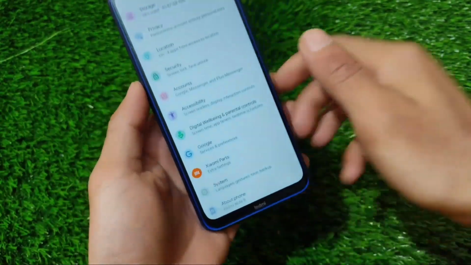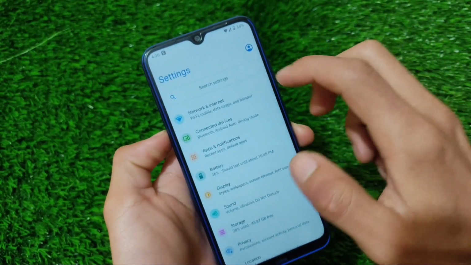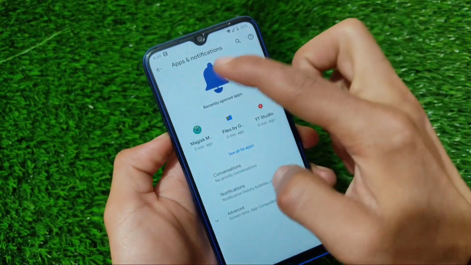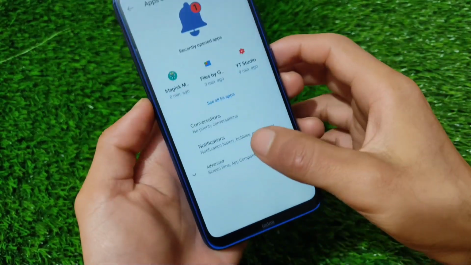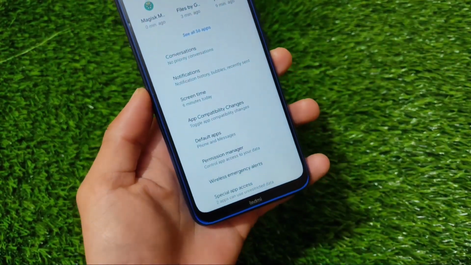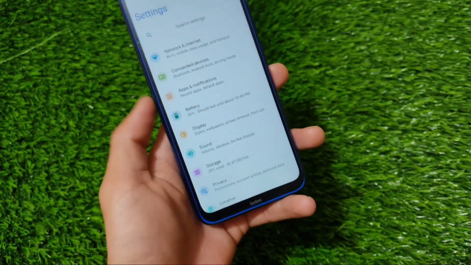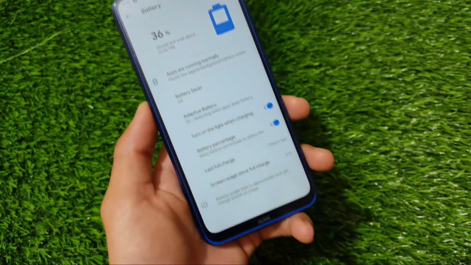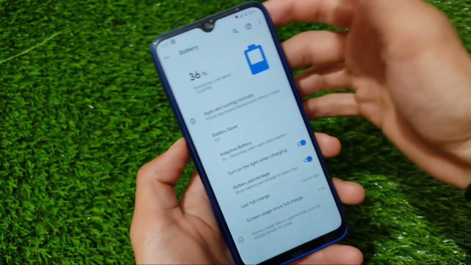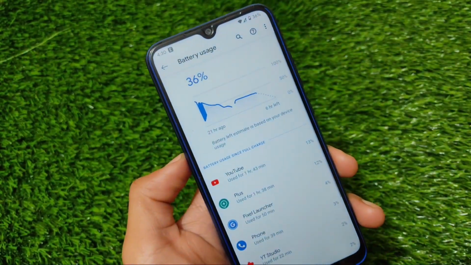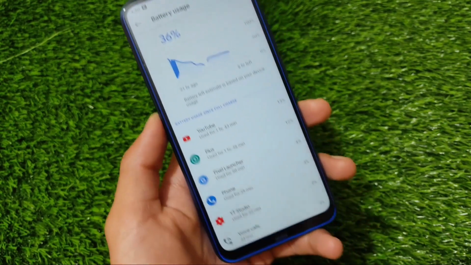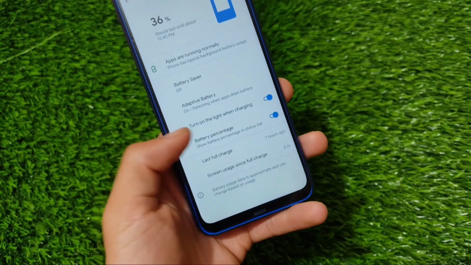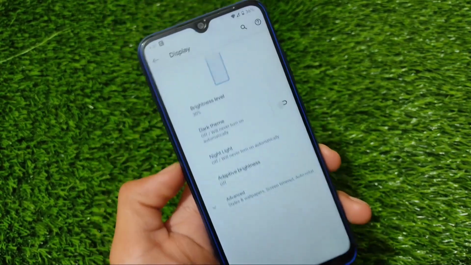But if you are looking for features, yes, no extra features are available, as expected. Network and internet, connected devices, apps and notifications. As you can see, the new UI is available here too, and this was available in Corvus OS also. It has the latest features like notification history and more. If you're looking for battery stats, I tried that yesterday and it was just great here. I got approximately 7 hours of screen on time with only 75% of battery drainage, which is quite good on the Redmi Note 8 with only 4000 mAh of battery.